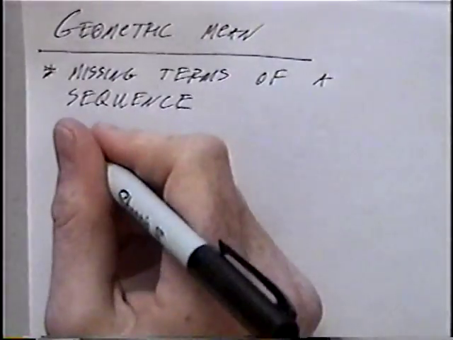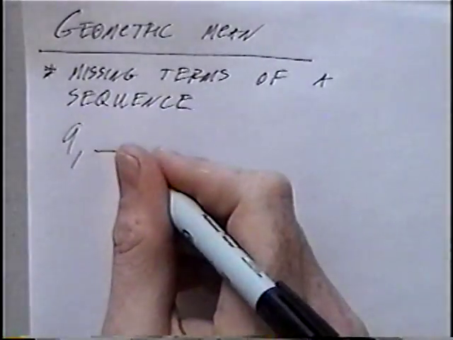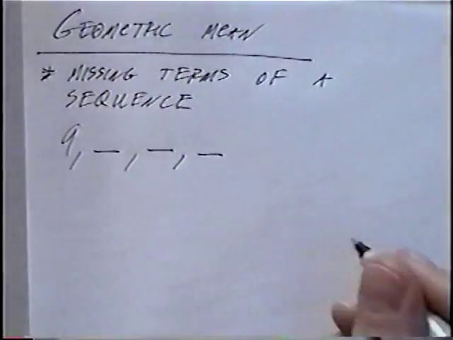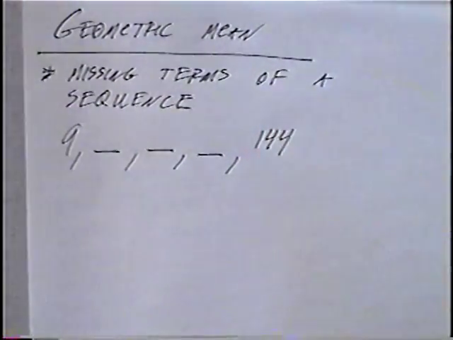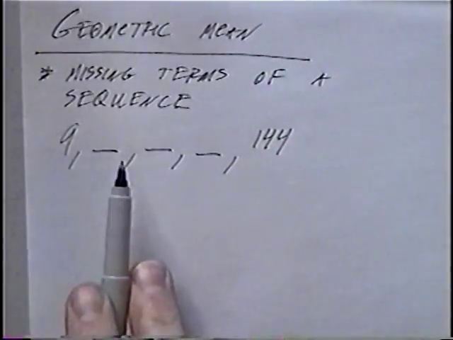First sequence we'll look at is 9, and then a blank spot, which we'll find a number for, followed by 2 more blank spots. And the last number would be 144. In this case, the first number of the sequence is 9. We want to find the